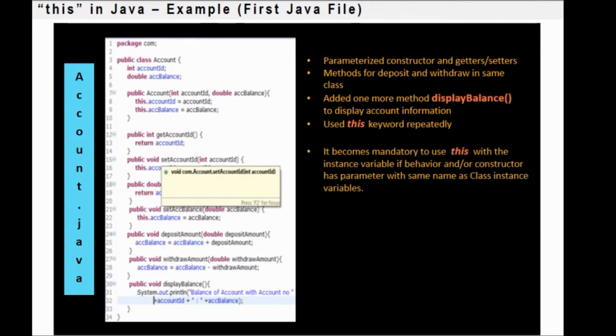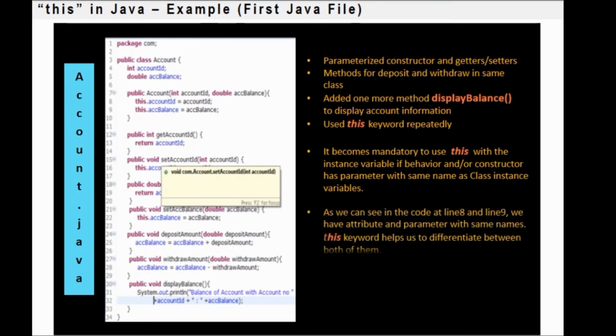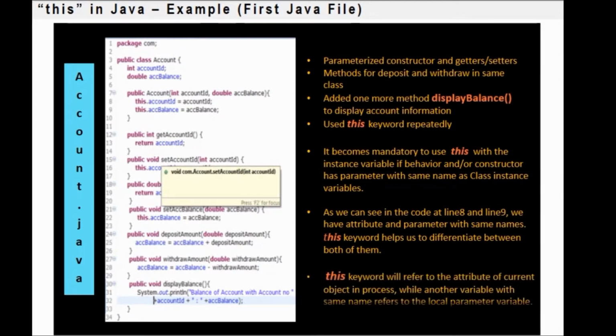It becomes mandatory to use this with the instance variable, if behavior and/or constructor has parameter with same name as class instance variables. As we can see in the code at line 8 and line 9, we have an attribute and parameter with same names. This keyword helps us to differentiate between both of them. This keyword will refer to the attribute of current object in process, while another variable with same name refers to